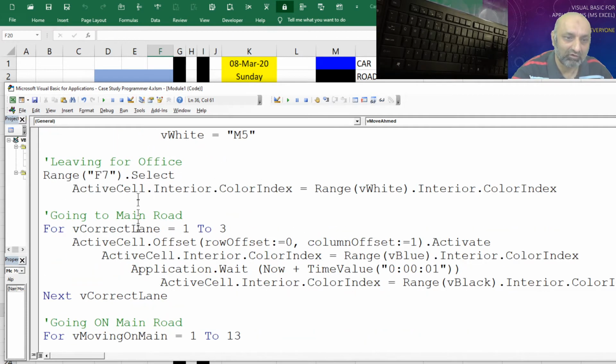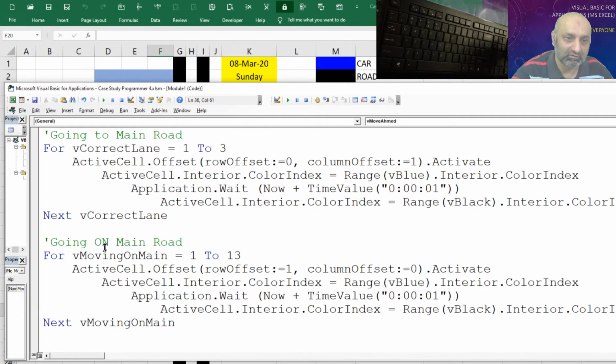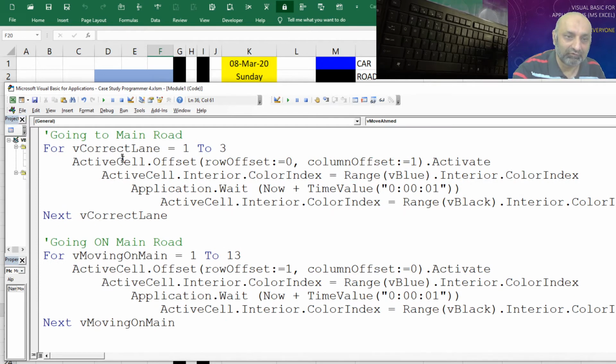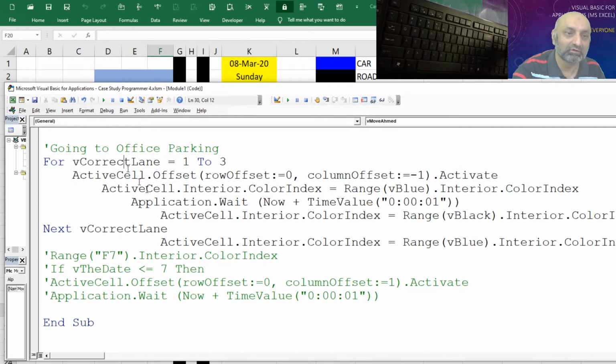Variables, leaving for office, going to main road, then going on main road, and then we have going to office parking. But did you notice the first loop, correct lane, and the last loop is again correct lane? So you can use the same names for a loop, but it is better to use a new name every time.